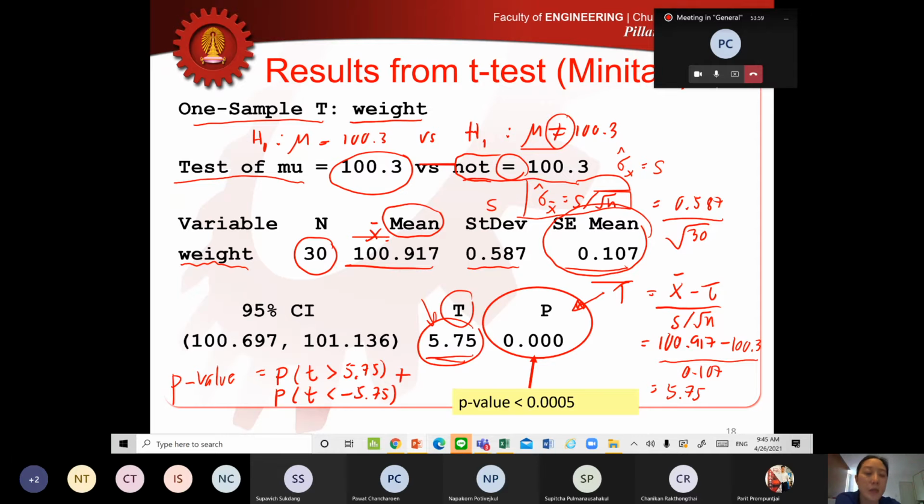So when you calculate the p-value, you have to have two terms: the probability that t is greater than 5.75, plus the second term, the probability that t is less than minus 5.75. And when you calculate this number, you will get a very small amount. In this case, it's less than 0.0005. I know that because I looked at the p-value,